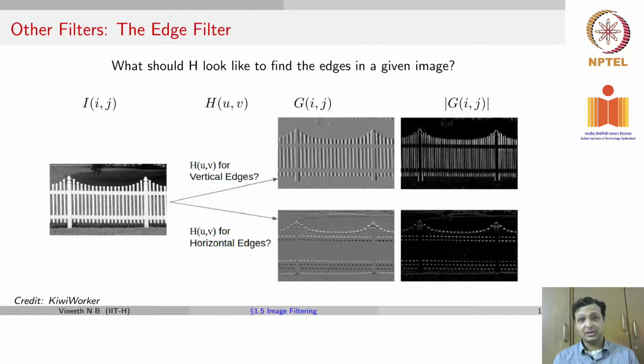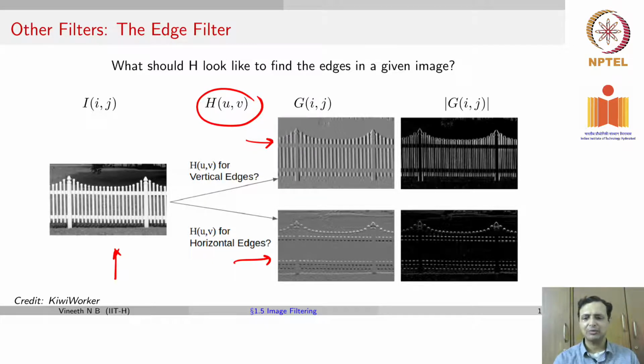What are other kinds of linear filters that you can do? We will see more and more of them as we go in this course. But another typical example could be what is known as an edge filter. So given an image, you may want to extract the edges in the image. So let's take this example on the slide. You have this input image. Let's assume that you want to extract, say, some vertical edges, some horizontal edges. Then the question here is, what would be your filter, kernel or mask?